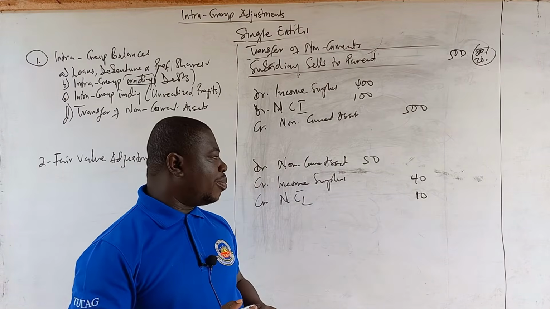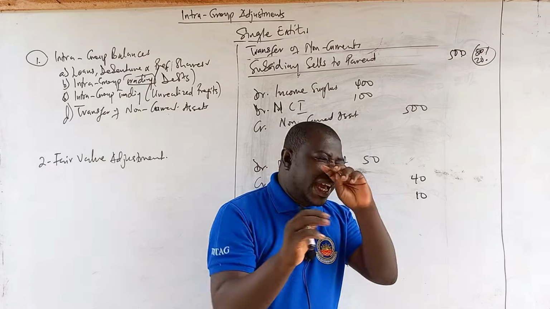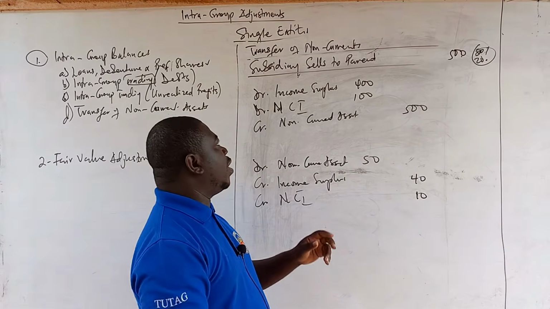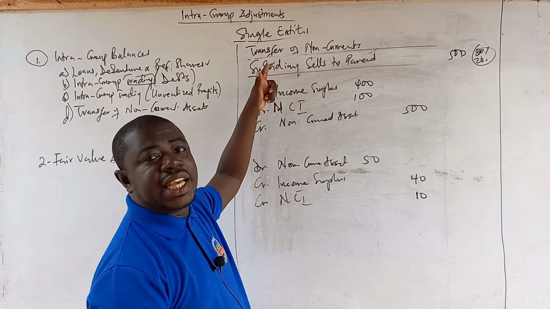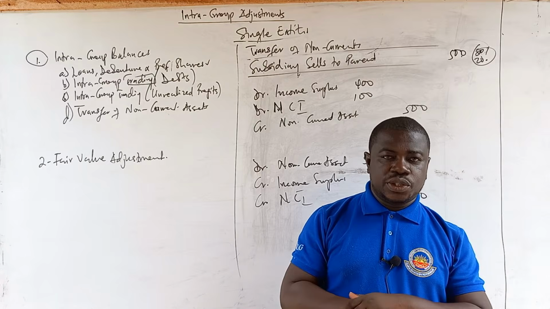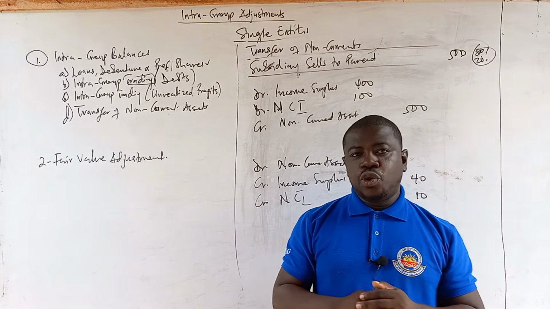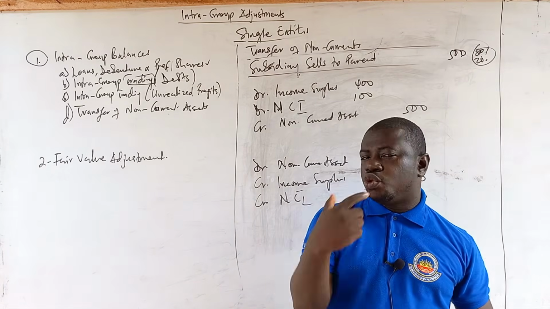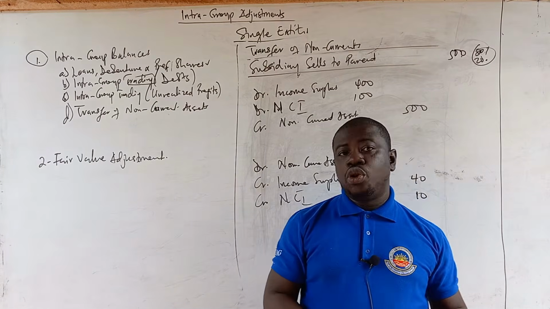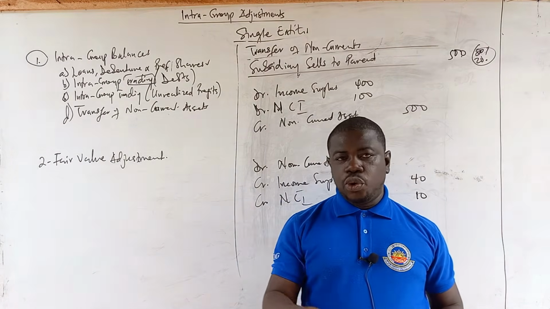That is a percentage apportionment. And so you see that the entries are not different. They are the same. The only difference is that when a subsidiary is selling to a parent, NCI comes in. When a parent is selling to a subsidiary, NCI has no business. That is the meaning. So whenever you meet a question, don't be too quick to think it's always the same treatment. Be sure and analyze to know who is selling to who, so that you will know how to make